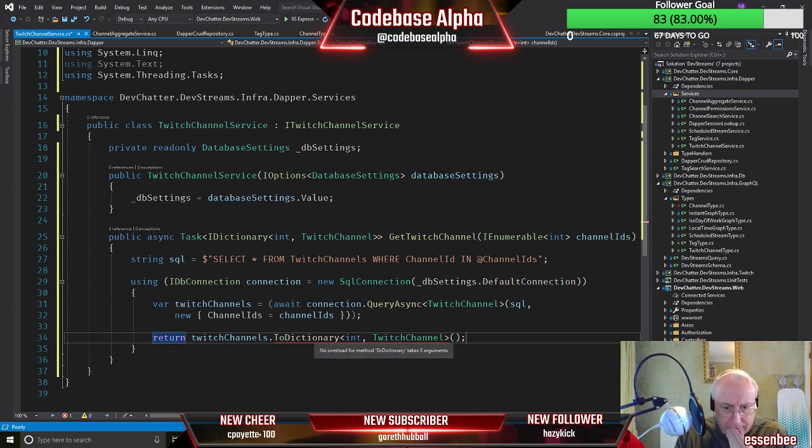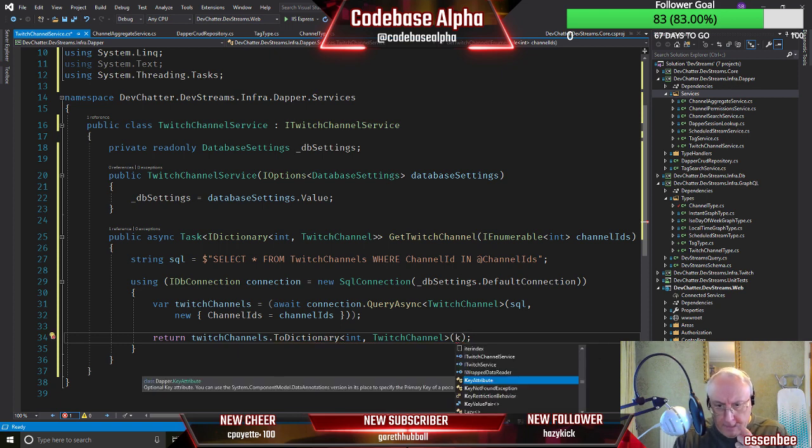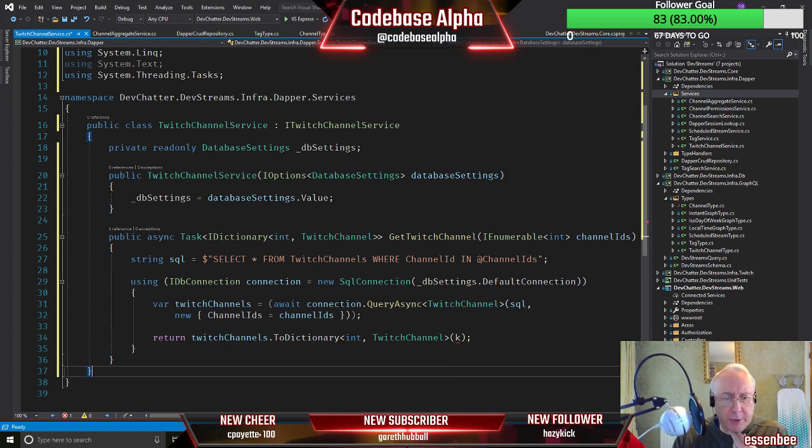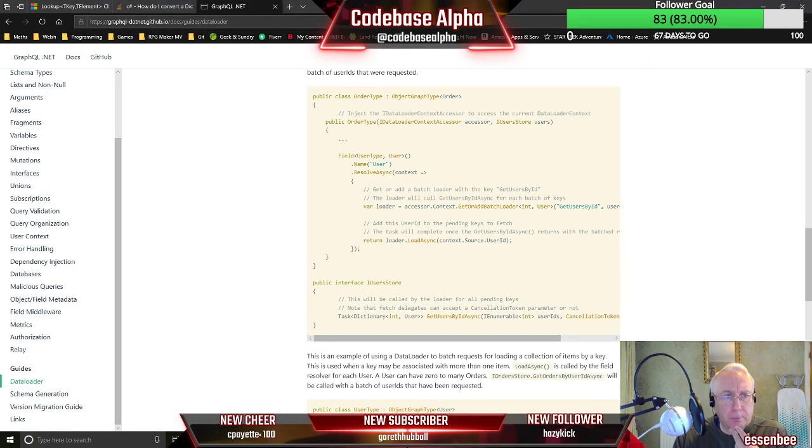So to dictionary, and we need to define the key is going to be... can we just do that? Okay, let's have a look up to dictionary and see what we can do with it.